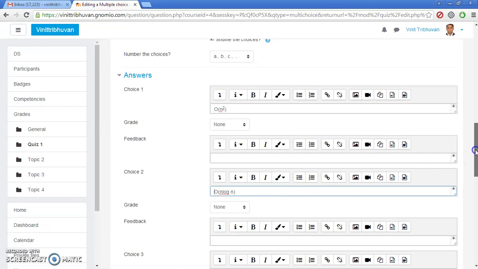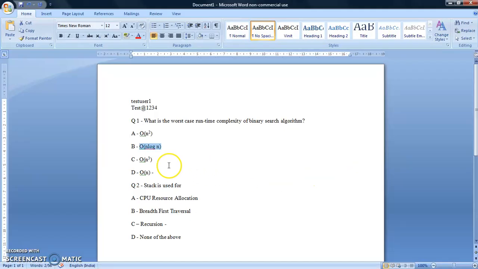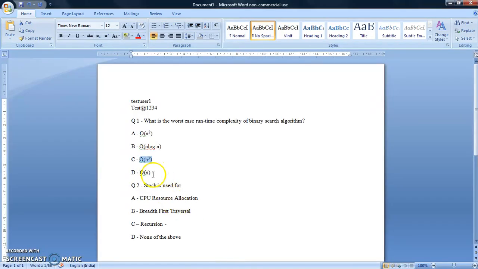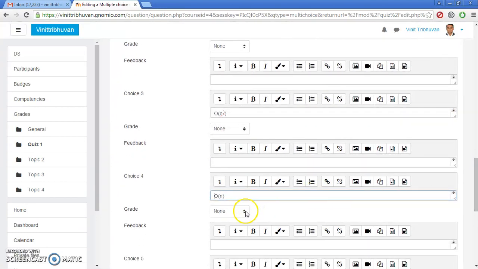The third one here. And the fourth here. Alright, now since my fourth option is the correct choice, that is the correct answer, I'm going to set its